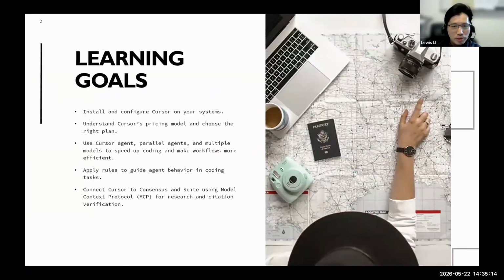If you want to do some coding, I think Cursor may help ease your job, particularly in programming. Today I will show you some of the features of Cursor and how you can install and work with it. I will also show you the pricing models, because if you're using Cursor, you have different pricing models to choose from.